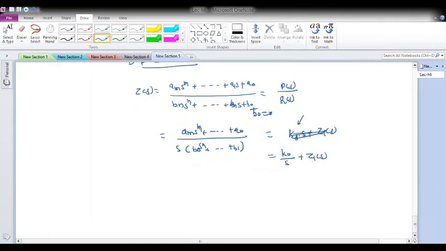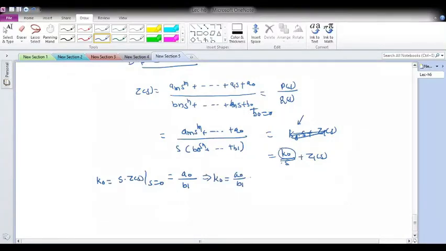Now next, we have to calculate k0. K0 is the pole at origin, as it indicates. So now I have to calculate its residue. How can you calculate its residue? As s tends to 0, you take the lower terms from the numerator and the lower terms from the denominator, or you can simply multiply s with Z of s at s is equal to 0. If you do it, all terms will be 0 except a0 upon b1. So this will be k0 here.